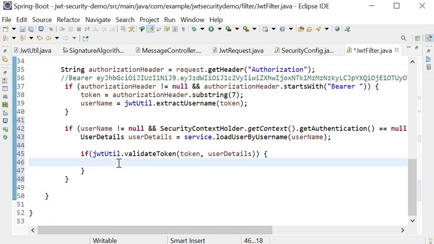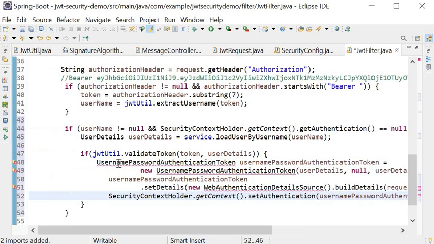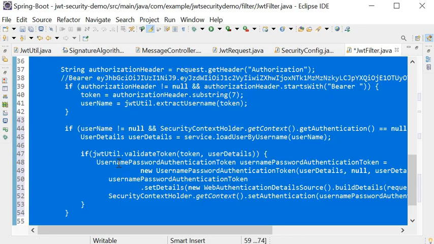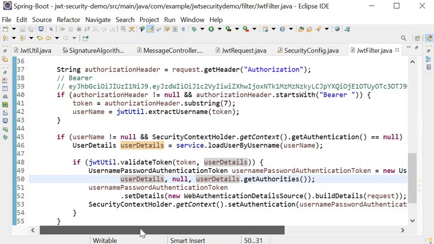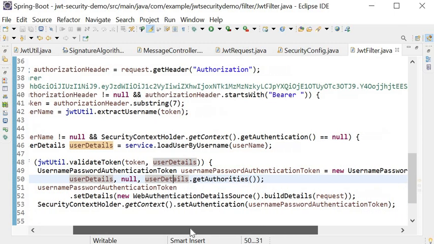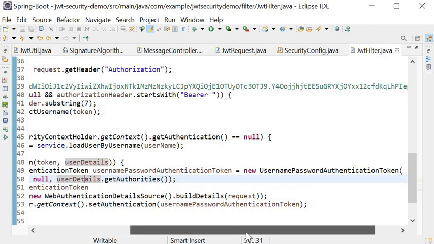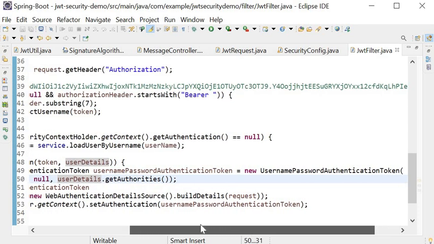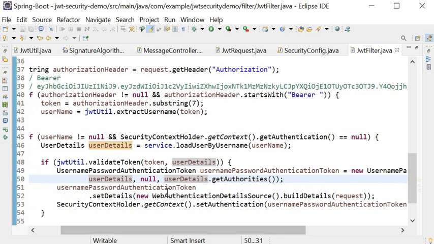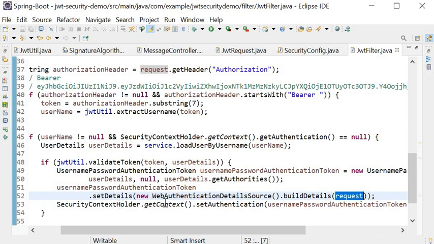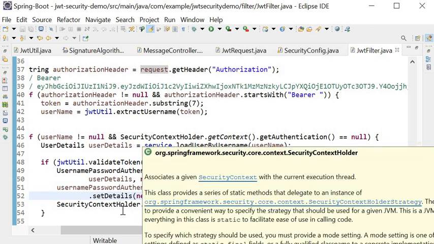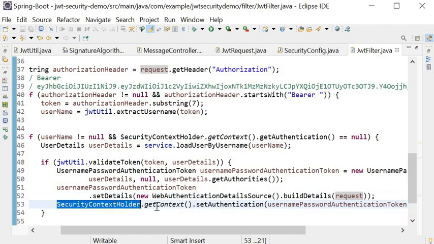After validating the token, we validate the user details using a username password authentication token. Here we are creating a new username password authentication token, and we have set the details using web authentication details source dot buildDetails with our request. So it will validate the user details, and after that we set it into our security context holder and the authentication will be set successfully.